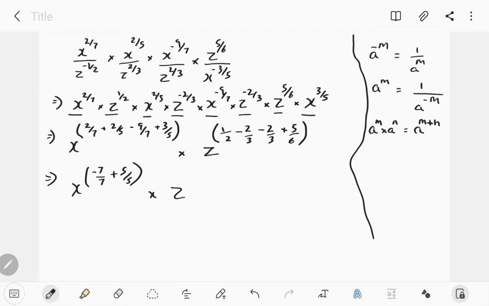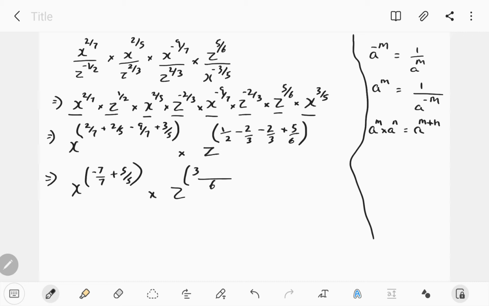z, base remains constant. I have to take common denominator over here. Here, other than minus 2 by 3 and minus 2 by 3, the other denominators are different. I have to take a common denominator. I'll choose the least common multiple of 2, 3 and 6. So LCM here for 2, 3 and 6 is 6. Now I have to multiply the numerators with the same term which I have multiplied the denominator with in order to get 6. So in case of 1 by 2, I have to multiply the numerator and denominator by 3 so that the denominator becomes 6. So when I multiply the numerator with 3, I'll get 3. 1 into 3 is 3.